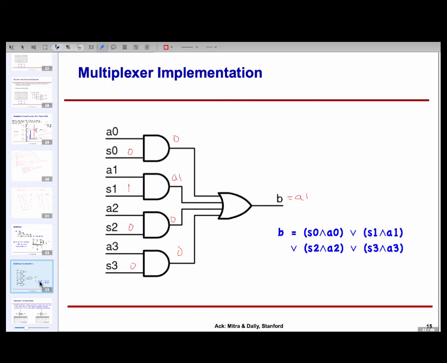Okay, because remember the control is the same. For every bit I have to say, like if I want to select A1, to every bit I would say: bit number 0, select A1 bit number 0. For bit number 1, I want to say select bit number 1 from A1 again. For bit number 2, same message, right? So the control signal would be common to everyone, but the data bits, the A0, A1, A2, A3 will differ